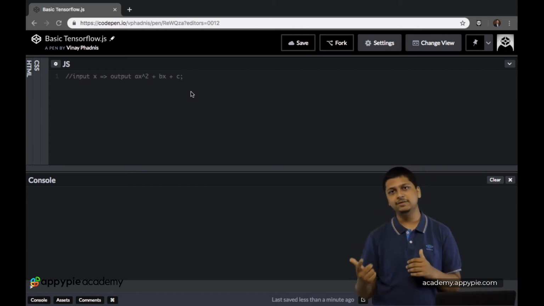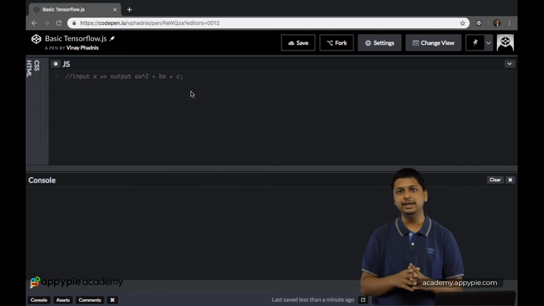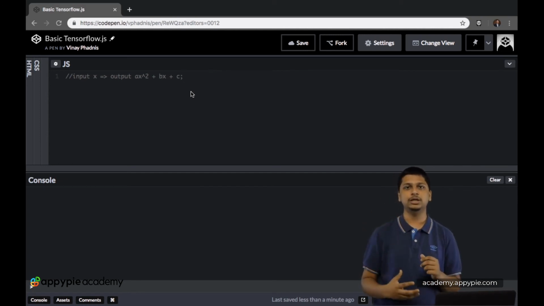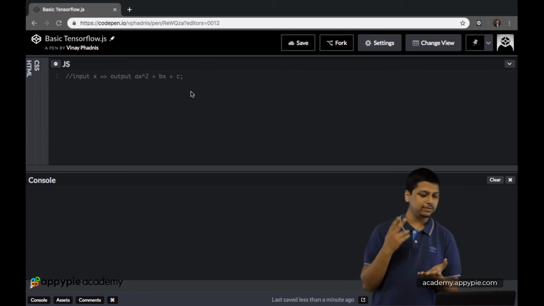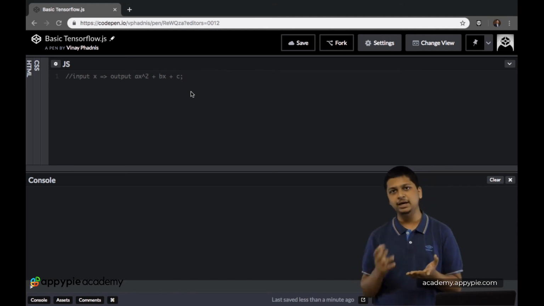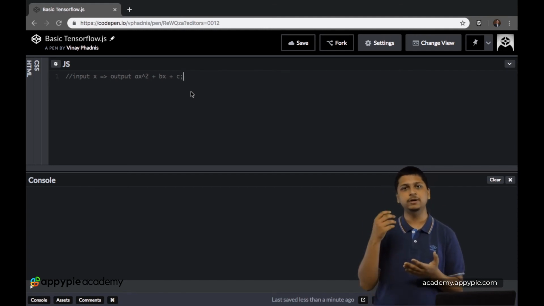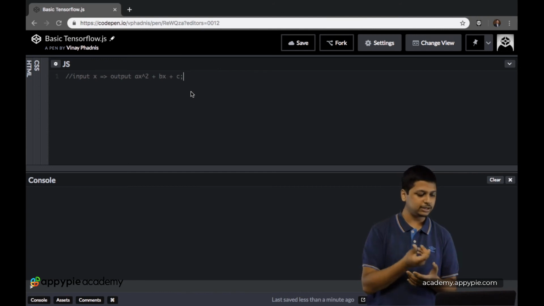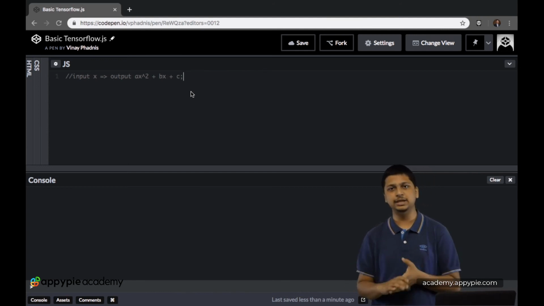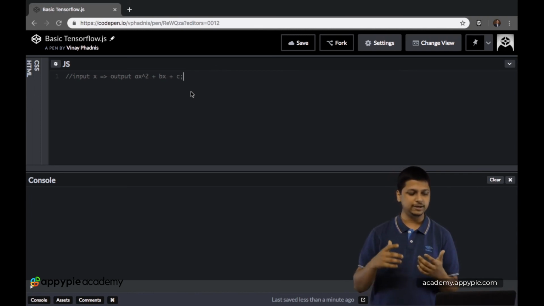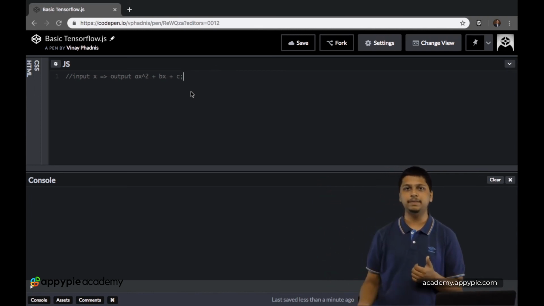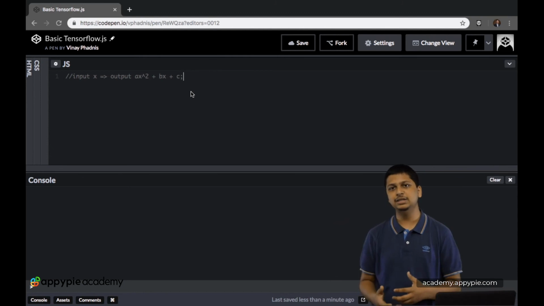The next lecture will contain the solution, but I highly recommend you do this particular task on your own, because currently we have studied all of the concepts. We have studied functions, we have studied TensorFlow.scalar, then we have also studied the addition part, we have studied the multiplication of two TensorFlow tensors basically, and then we have also studied the part where we raise something to a particular power. So we have basically everything studied over here.